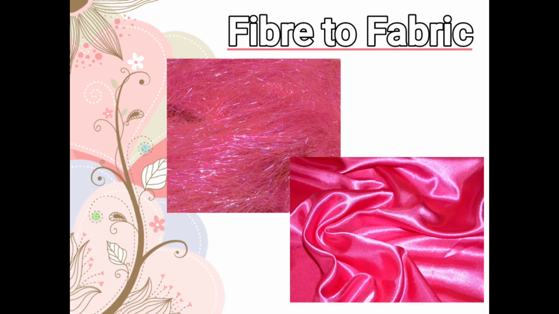So as you are seeing in the picture on your screen, this is a picture of a fiber. Fine. So what is fiber? Fiber is a thread-like structure with the help of which we make any kind of cloth. A fiber is a material used for weaving cloth or making any kind of cloth. So that is called a fiber. Now fibers are also of different types that we will study. Fine. So with the help of fiber it is converted into a cloth, and that particular cloth which is made by using the fiber is called a fabric.